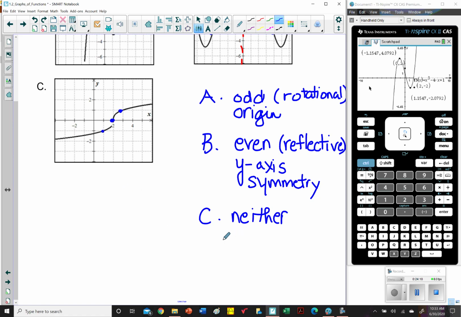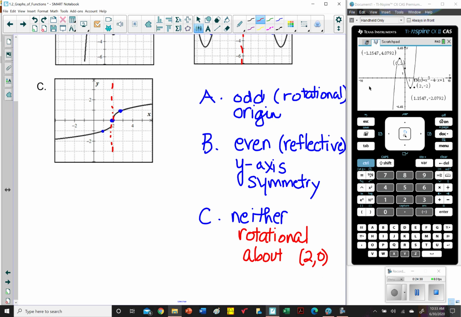It's symmetric about the line x equals 2. It's rotated around that point, or 2, 0. It's got rotational symmetry. And you might recall all of those vocabulary words